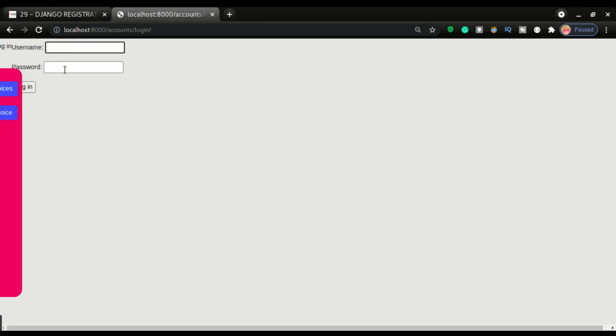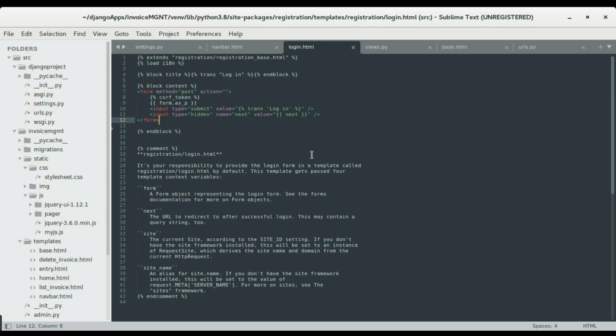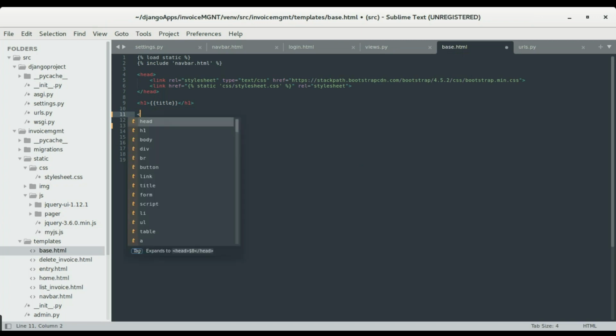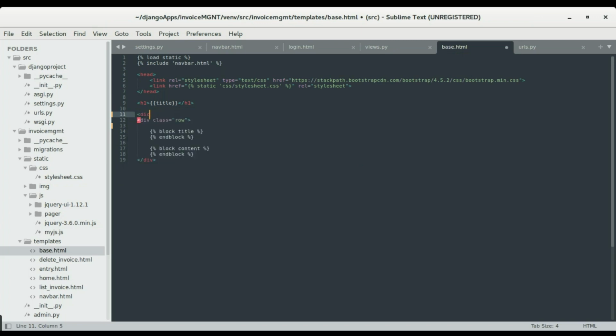Okay, now let's style this page. Let's make this login form appear at the middle of the page. Great. So I'm gonna go back to the base.html file. So on this row, let's add Jumbotron. There is this class called Jumbotron in Bootstrap, and that makes the site have